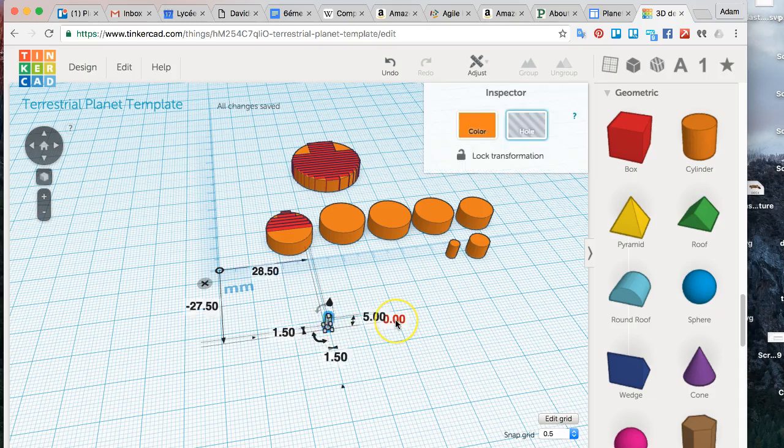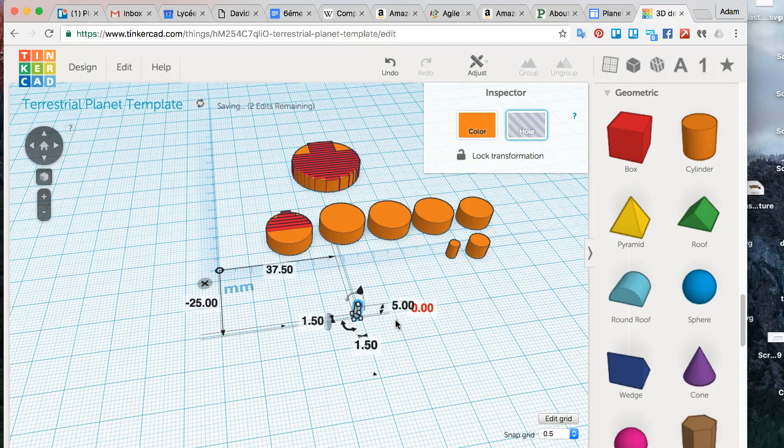So let's go ahead and click on this and press Command D. And then I like to use the arrow keys on something this small to move it around, because if I start clicking around here, chances are I'll stretch out one of the dimensions. So I've just moved my copy away from my original, and then I can press the Shift button and select